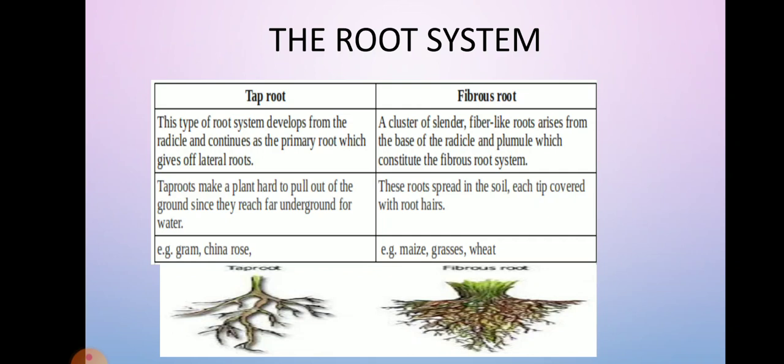Okay, and the examples which I have told, wheat and maize, are found in the fibrous root kind of system. Okay, so we are going to talk about fibrous roots. Now fibrous root is the one which does not have any main root. Directly the branches of roots come out from the basal part of it, that is the radicle, and it spreads out all over the soil. And the examples are wheat, maize, grass, all these are examples of fibrous root system. Okay, all of you have understood the difference between taproot and fibrous root.